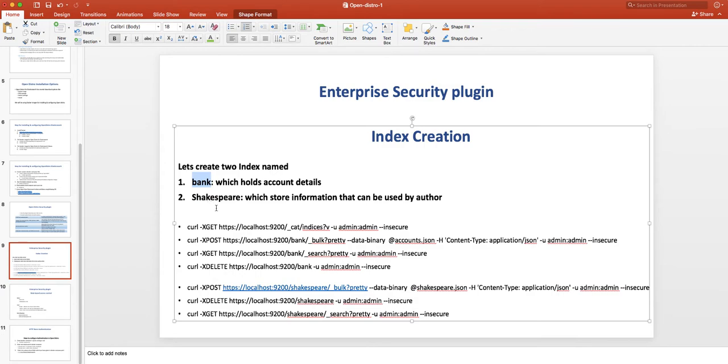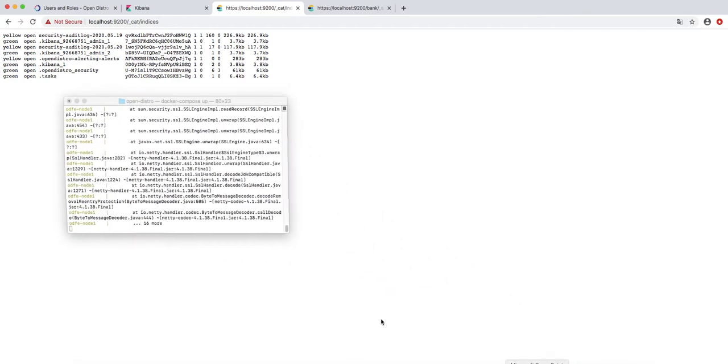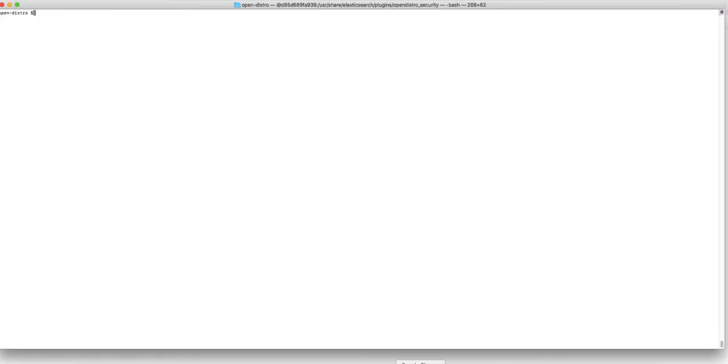So let's try to create them. I'll first show you whether we have any indexes on Elasticsearch or not. This is my Elasticsearch, and you can see there is no index named bank or Shakespeare. So let's quickly create the indexes for bank and Shakespeare.